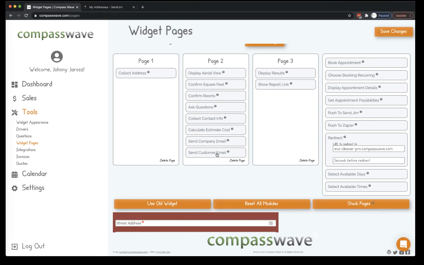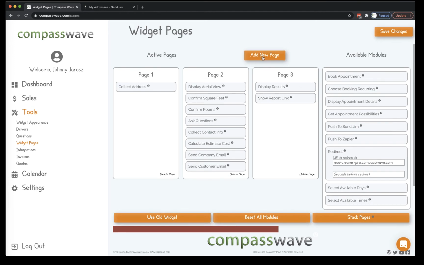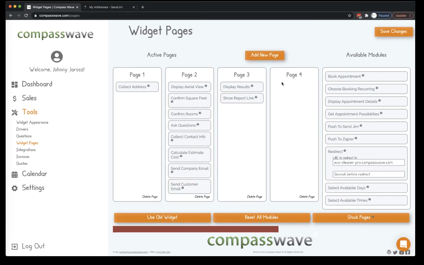These other modules, which we get into a little bit more detail in some other videos, basically do the calculations and functionality. And then the third step is where we display the results and show a report link. So when you click on Add New Page, it dynamically creates this here,